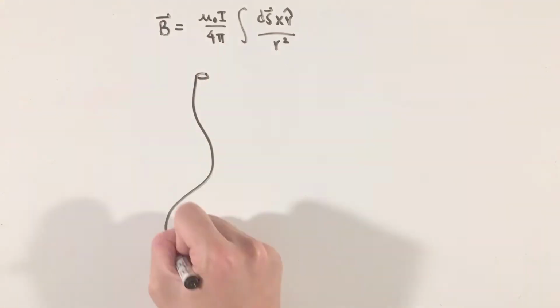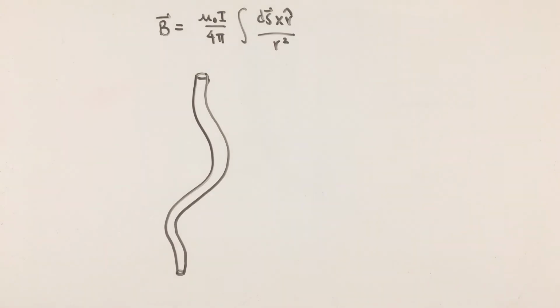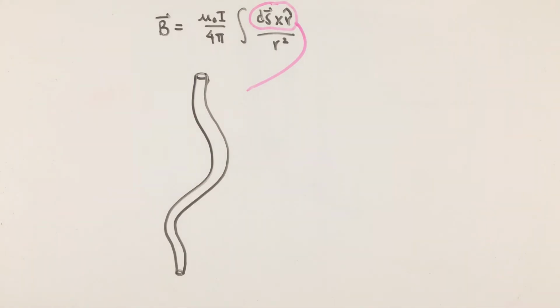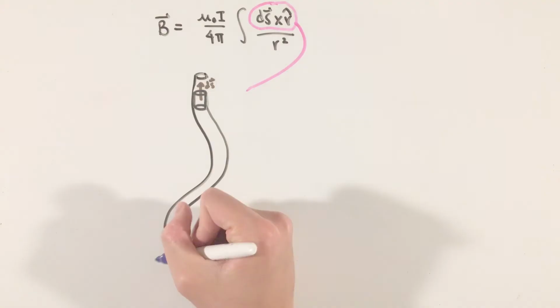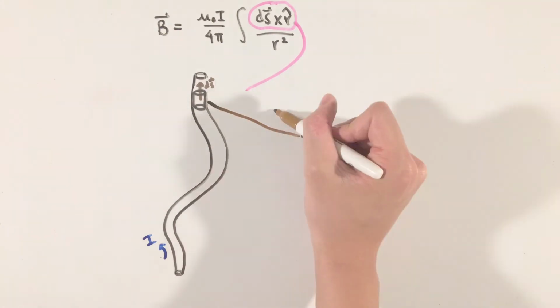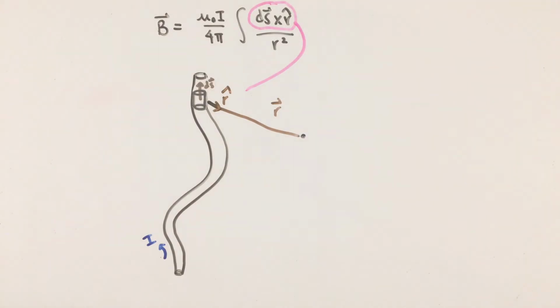along a random string. The first thing that's vital to note is the cross product between two quantities, the infinitesimal length of wire ds and the unit distance vector r hat. The direction of the ds vector is in the same direction as the current, while r hat is simply a vector of magnitude 1 in a direction that starts at the piece of wire and ends at the point under